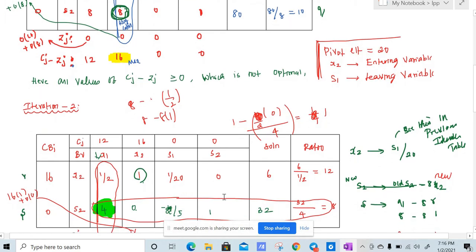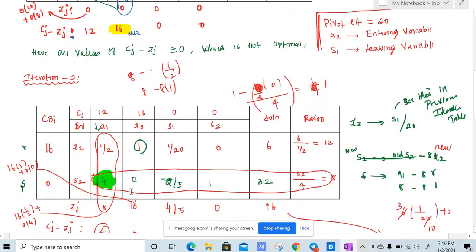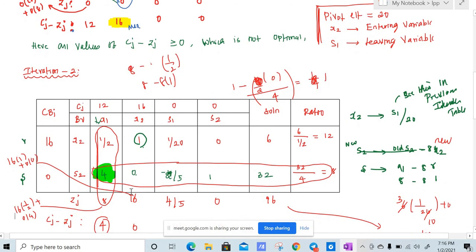In this way you need to fill up this table, and you need to find again Zj and Cj minus Zj. So how did we get these two rows? This row is very easy. You just divide that row by 20, and this row is obtained by scalar multiplying a certain number to make this element 0. We should always use this row to make 0.